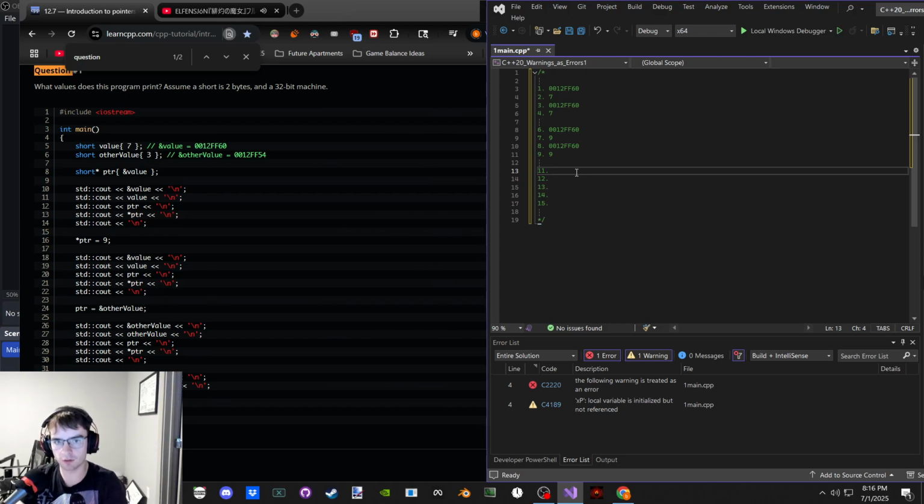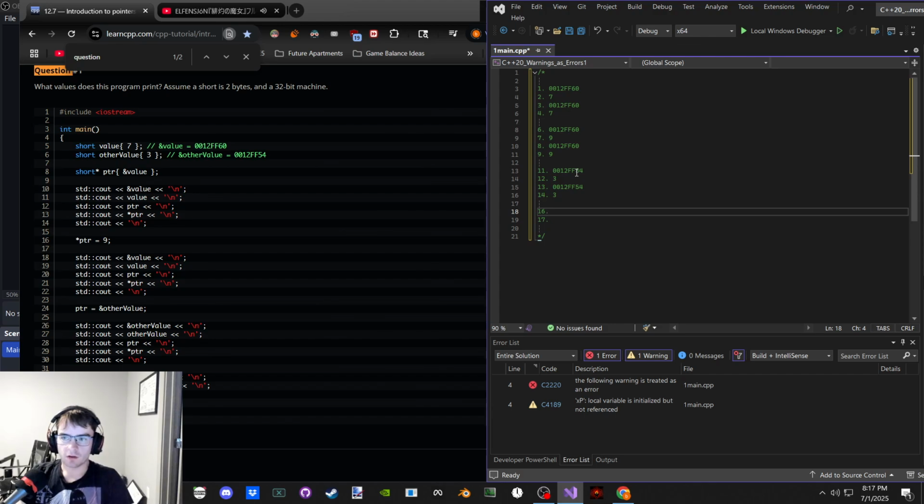So the address of other value is what we're printing, 0012FF54. And then we're printing the value of other value, which is 3. We are printing pointer, which is 0012FF54 again, and 3. And that's it. And 16 and 17.